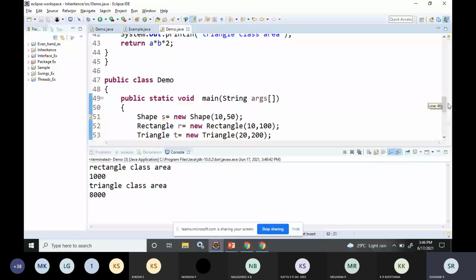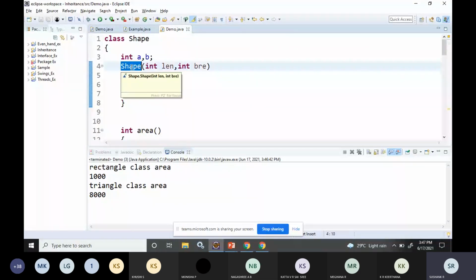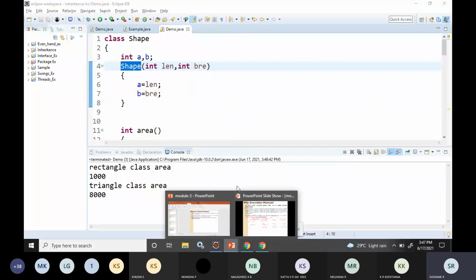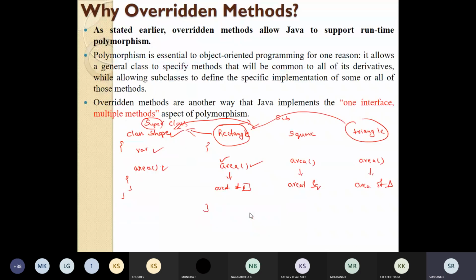Even though we have the same function name in superclass and subclass, in the subclass we can modify the function as per our requirement. So this is the usage of overriding methods. So one interface.